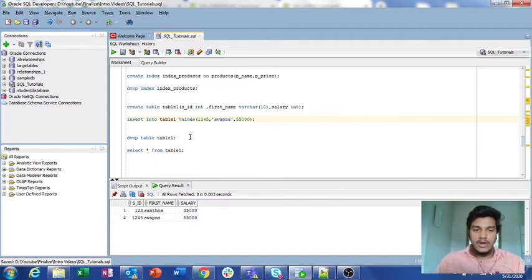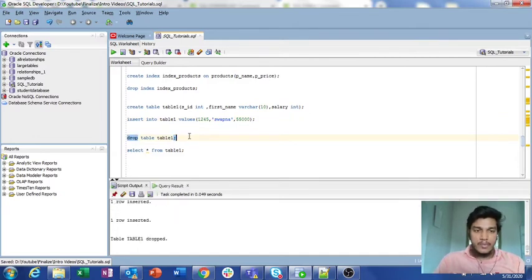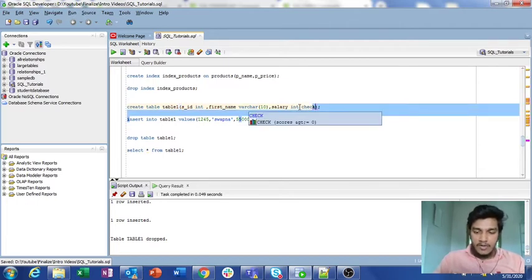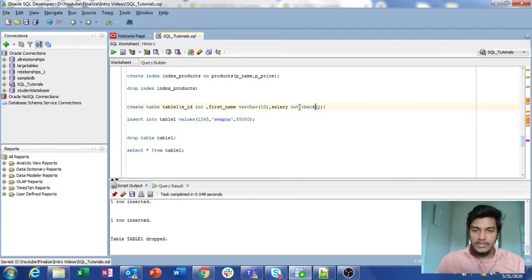In order to do that, I just want to add a constraint to the create table. First of all I am dropping this. Whenever we are creating a table, I now want to specify a condition for salary here. So I am writing check beside the column name where you want to check the condition. I want to check the condition on salary, so that is why I am mentioning the check constraint here. So salary space int is the data type of the salary, and space check is the constraint that I am going to add now.